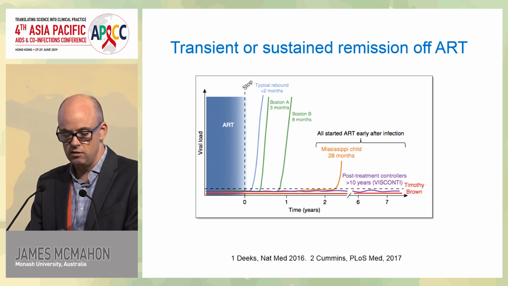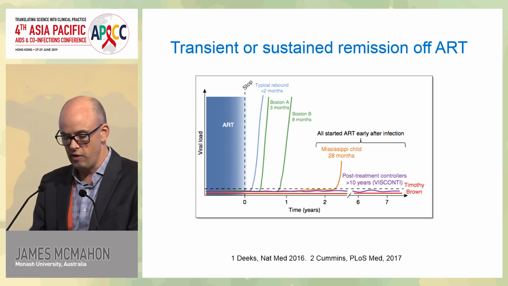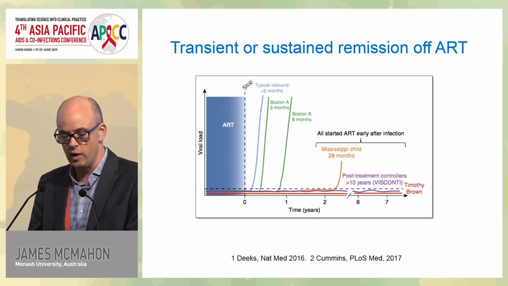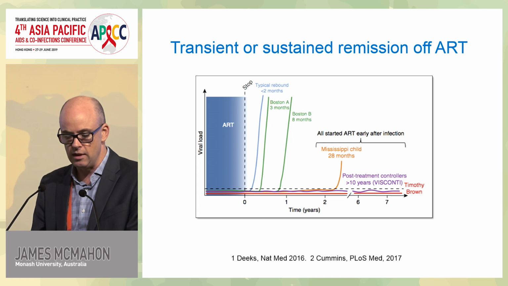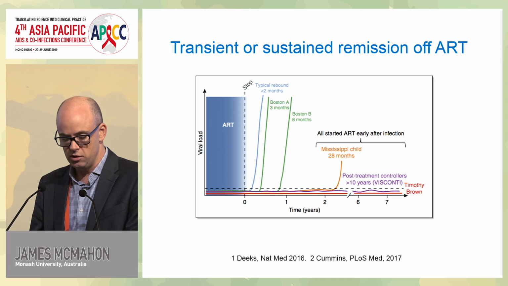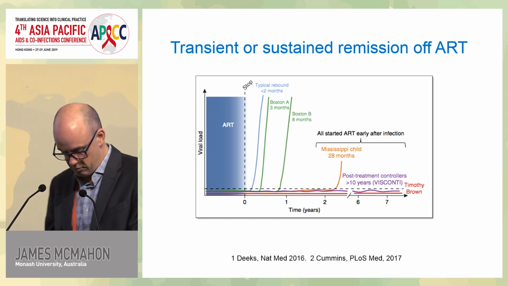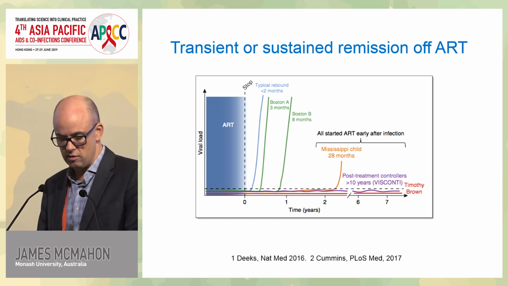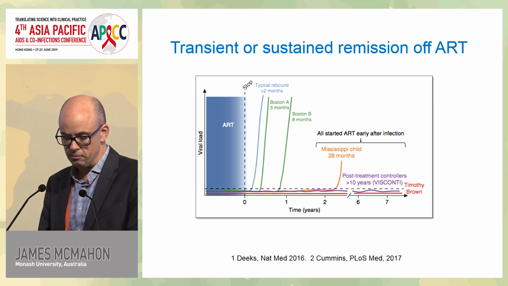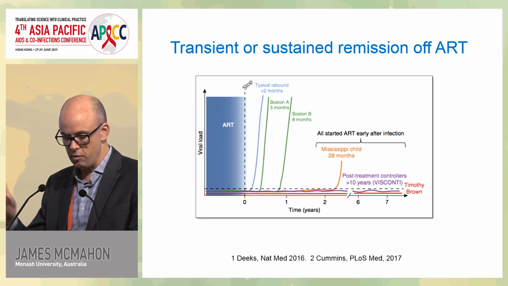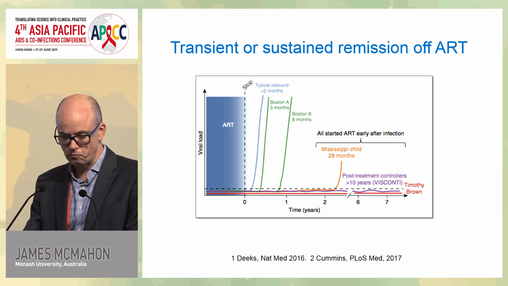And you can see that this is the idea of when do people rebound after they stop ART. Denise described the acute infected cohort, and typically the median is about 2 weeks after stopping ART you'd rebound. But there have been these other cases, so the Boston patients who received bone marrow transplants and then they stopped ART and took many months to rebound with very low reservoirs. The Mississippi child took over 2 years. The baby was infected at birth, received ART as soon as it was infected, and then stopped ART and rebounded. And then there's Tim Brown, and post-treatment control is a separate issue, which I think Eugene might mention.